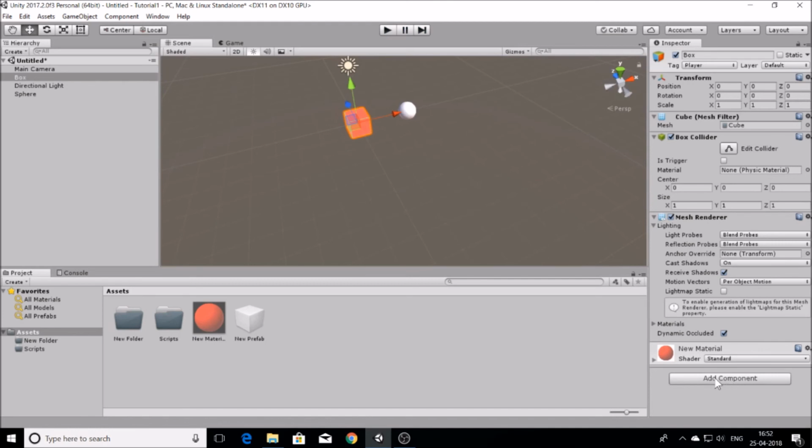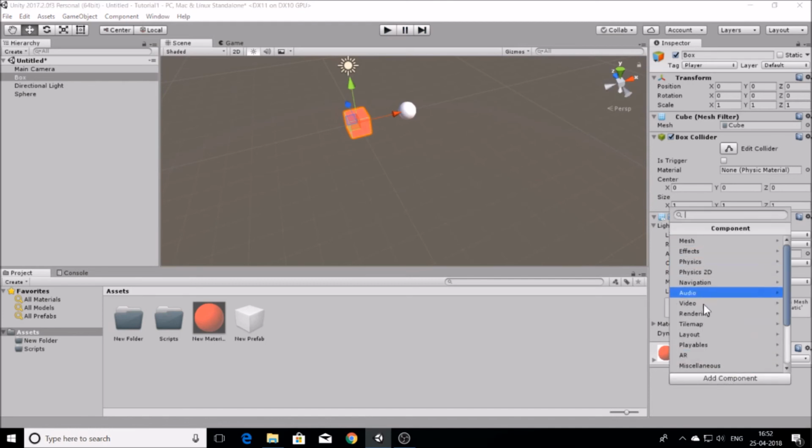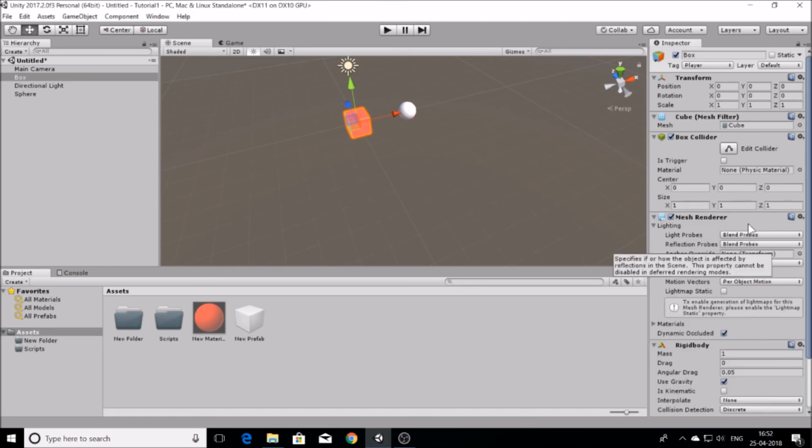Now let us add that component, rigid body. So click on add component, physics, rigid body, or you can search in this by writing rigid body. There are two types, but we need rigid body only because this is a 3D object. We will require rigid body and not rigid body 2D. So click on rigid body